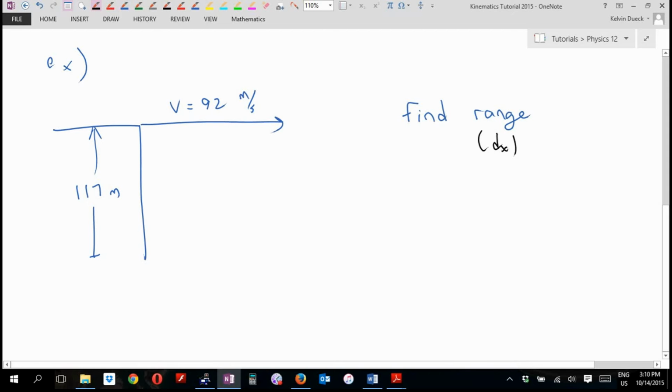Remember, the range is really dx. This is a projectile. I am going to go with a t-table, which is technically components, but I'm not going to need to do any trig to break it into components, Tyler. I'm going to start out by saying horizontal, vertical. And the key with horizontally from a cliff is AX equals, what's the horizontal acceleration always? 0. AY equals,